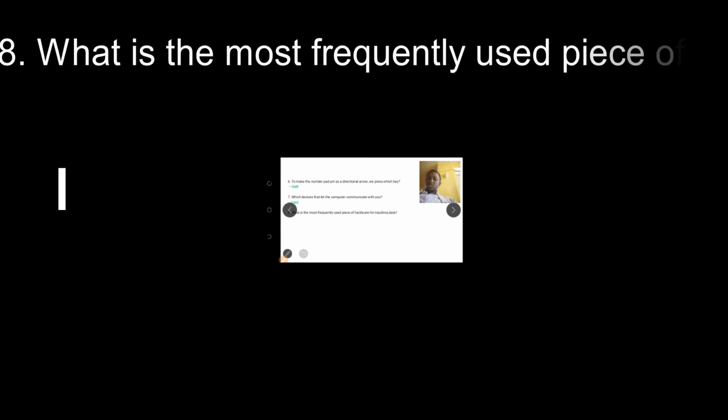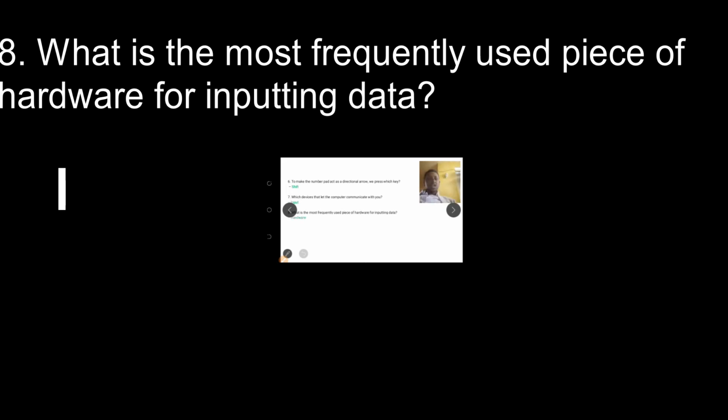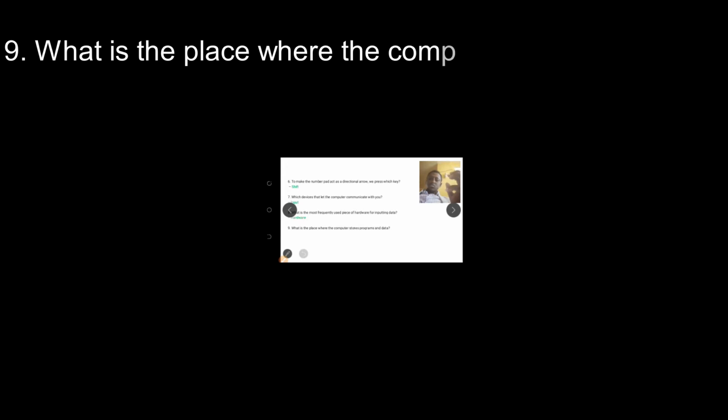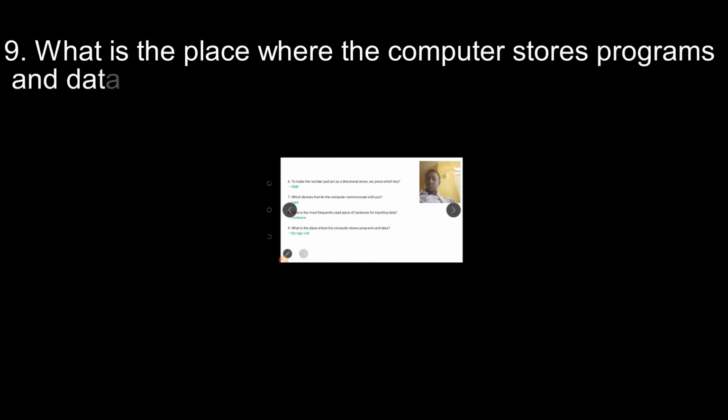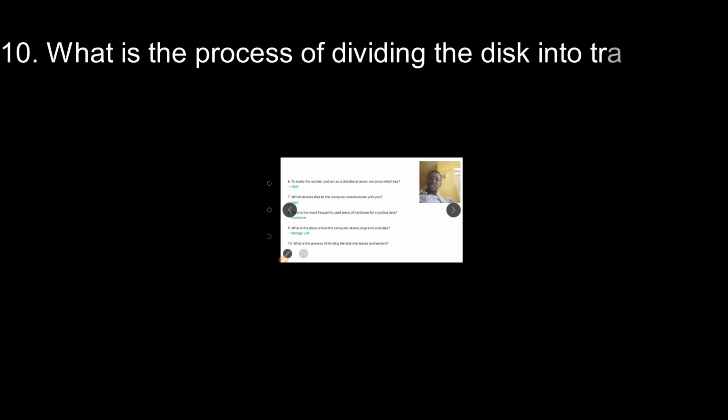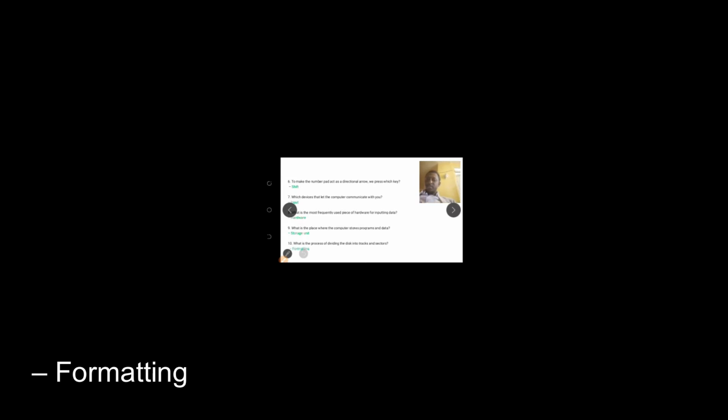The next one, what is the most frequently used piece of hardware for inputting data? ዳታን ኢንፑት ለማድረግ የምንጠቀምበት ሃርድዌር ነው። ነክተን ነው አይደለ? ወይም ደግሞ በማይኩን ቀረብ አድርገን ነው ጀስት እንደዚህ እንላለን ማለት ነው። What is the place where the computer stores programming data? ፕሮግራም እና ዳታዎችን ስቶር የምናደርግበት ኮምፒውተራችን ስቶሬጅ ምን ይባላል? ስቶሬጅ ዩኒት ይባላል ማለት ነው። ይሄ ስቶሬጅ ዩኒት most of the time ፕሮግራሞቹ የሚቀመጡበት ያው ሃርድ ዲስክ ላይ ነው ይታወቃል። What is the process of dividing the disk into tracks and sectors? disk formatting ምን ነው ማለት ነው? formatting ይላል።